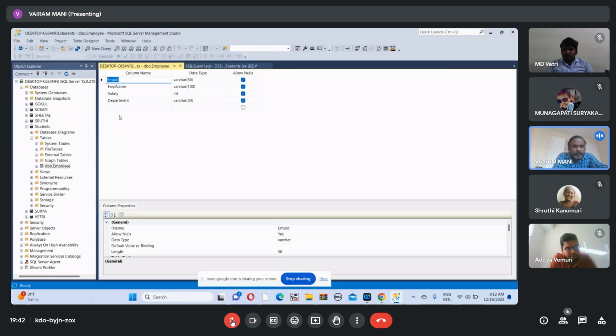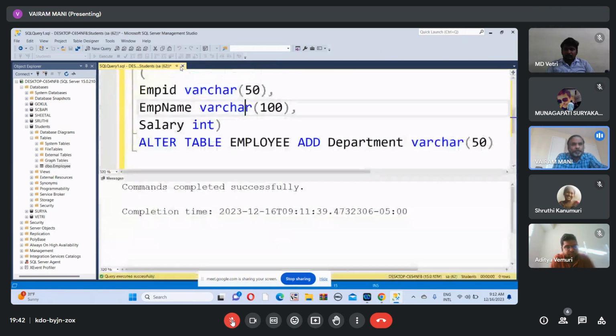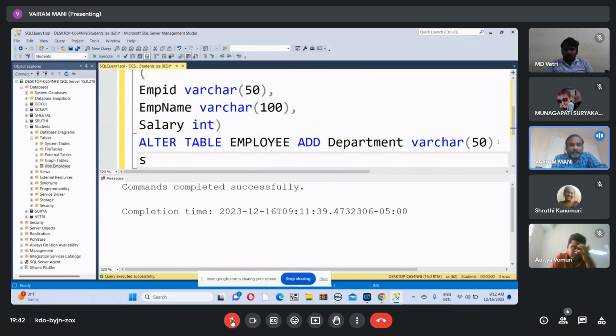What are all the columns you created will appear here. See how much length you gave, what you developed, what you created, everything will appear here. Otherwise we can confirm it here also. There is one command called select statement. I will explain it while taking the DML statements. For the time being, you can understand select